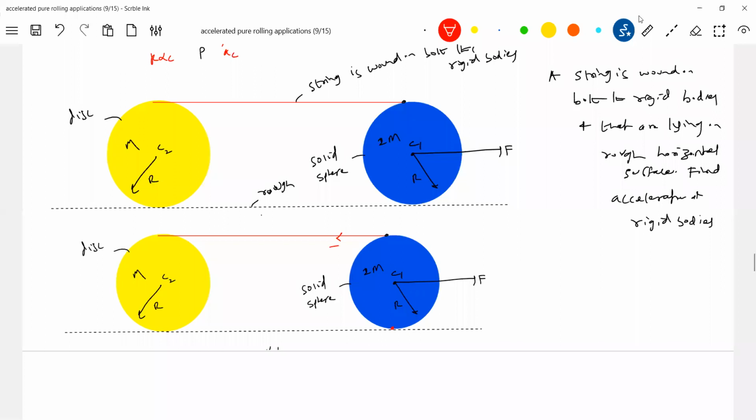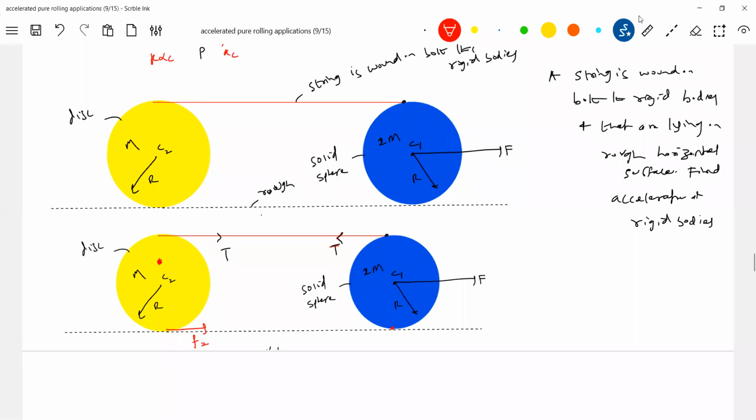So let the tension be T. Here the string will become taut, there will be tension. I know it's a disk. I'm very sure where the friction will act for this, and where the threshold point for the disk will come here. So will you remember R by 2? And if you apply force above the threshold point, how should the friction act? Forward. So there's no problem with this F2. Here I'm not very sure.